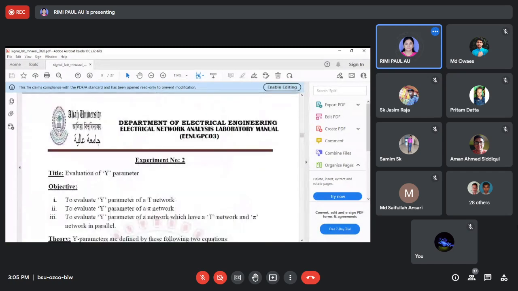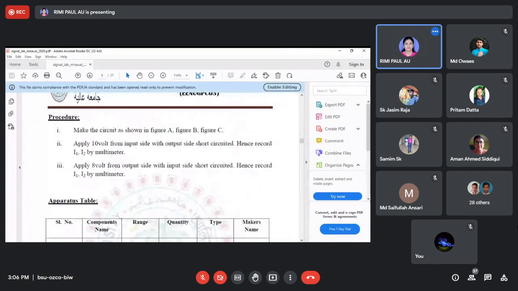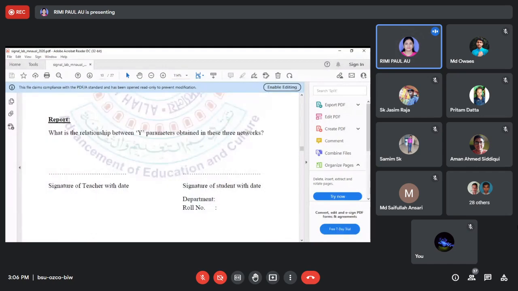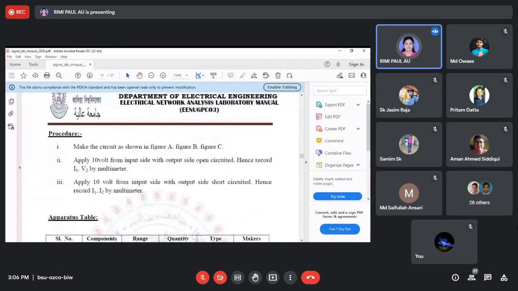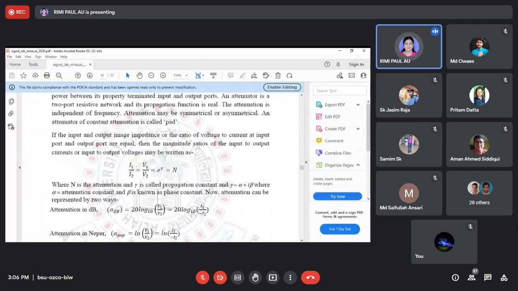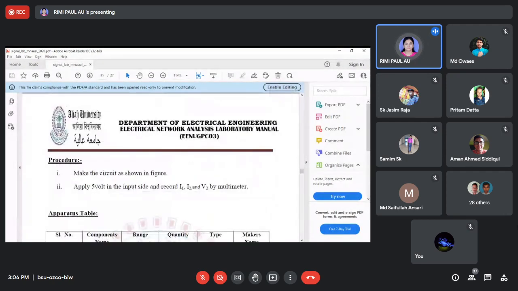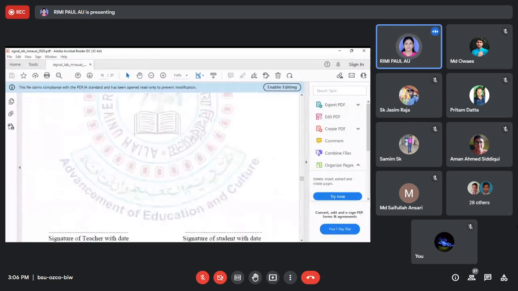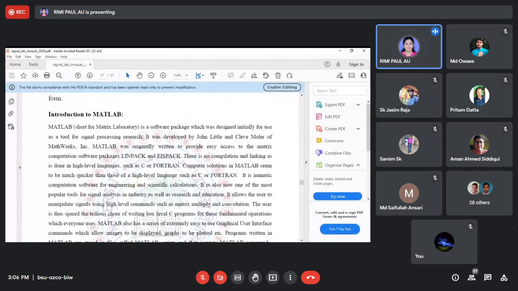So these are the hardware lab. On the 16th November, we'll see how we can proceed for this lab. Now from experiment number 5, we'll start. I have already started experiment number 5, and you have to submit. You don't have to write this introduction. This is for your knowledge.